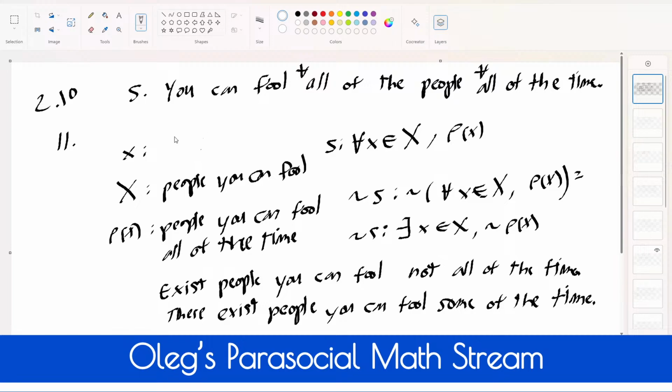What else did they give us? Because people are members of the set X, the single is the person. So there exists